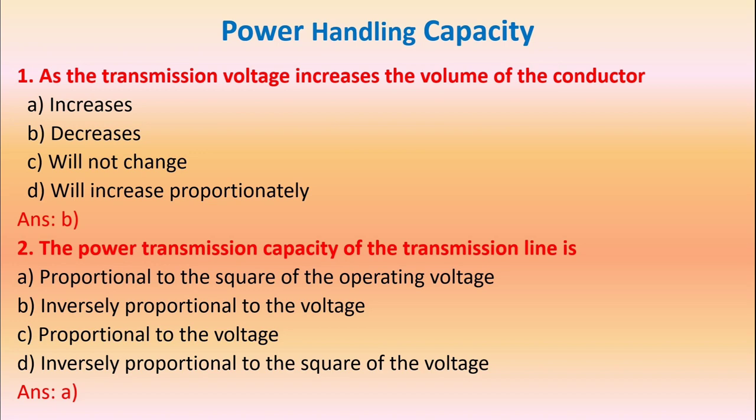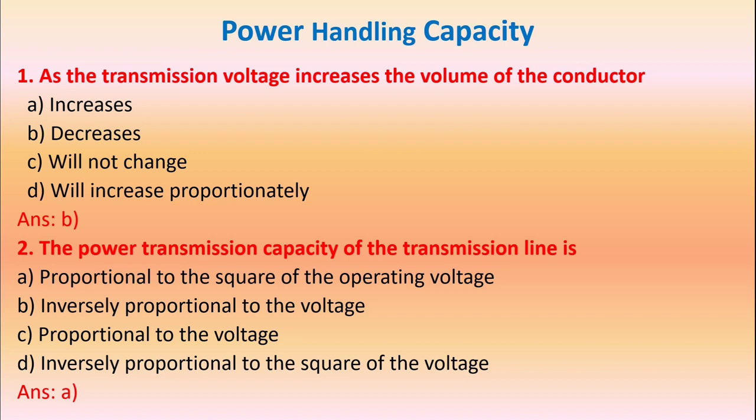Question 2. The power transmission capacity of the transmission line is option A, proportional to the square of the operating voltage, B, inversely proportional to the voltage, C, proportional to the voltage, D, inversely proportional to the square of voltage. The answer is A, proportional to square of the operating voltage, as the equation of power transmission is E square